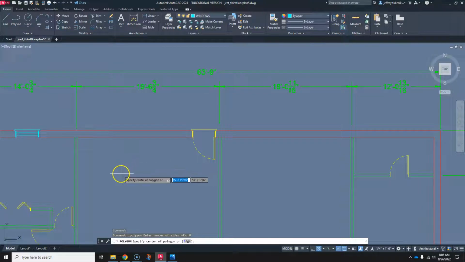Now it says to specify the center of polygon. And then when I click, it asks me to either inscribe in circle or circumscribe about circle. For this one, circumscribe about circle works best. Okay, so I'm stretching what's going to be my bay window. And I'm going to stretch it to, let's see, this one's going to be a little bit smaller than my living room. So I'm going to stretch it out to about, let's see, 4